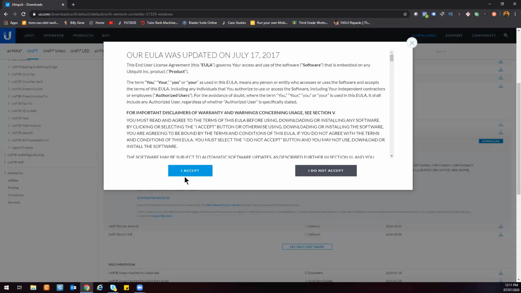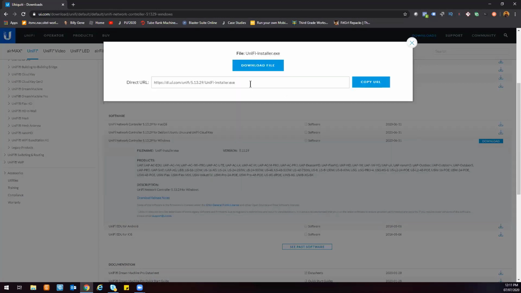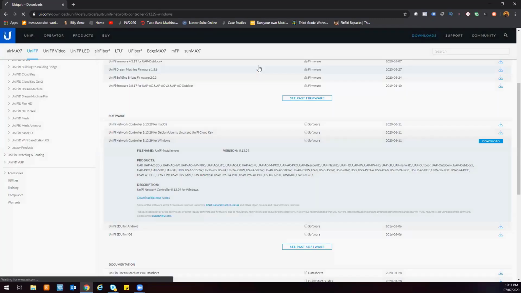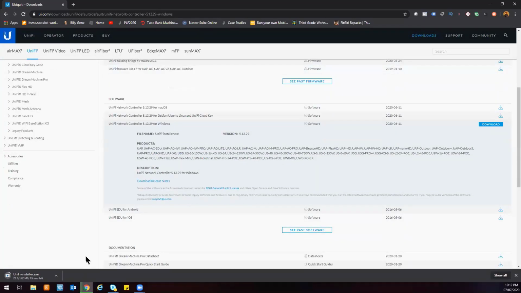Just click on download and then click on accept. You don't have to register or anything to download this file. This Unifi Network Controller is free software that Unifi gives away to all of those who want to use their Unifi equipment. So this is free, okay? Just click on download, and it's about a 142 MB software installer. Let's wait for it to download completely and we'll install it on our PC. Once that's completed, just double click on our installer